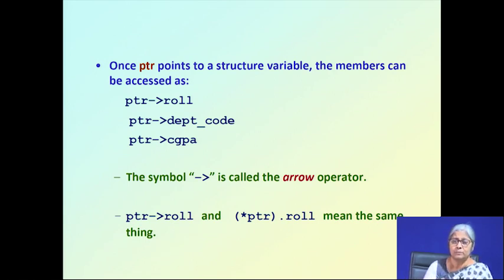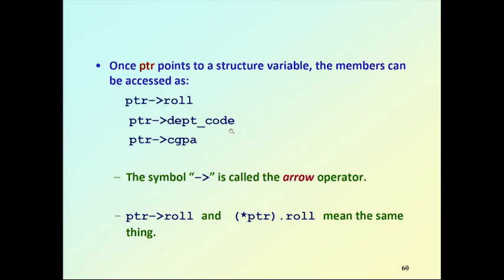Like class, here we have given, I can give class I dot role, class 5 dot department code. But here when it is a pointer, then this is the syntax: PTR arrow role, PTR arrow department code. So, PTR arrow role and star PTR dot role mean the same thing, because now it is a pointer, star PTR is the